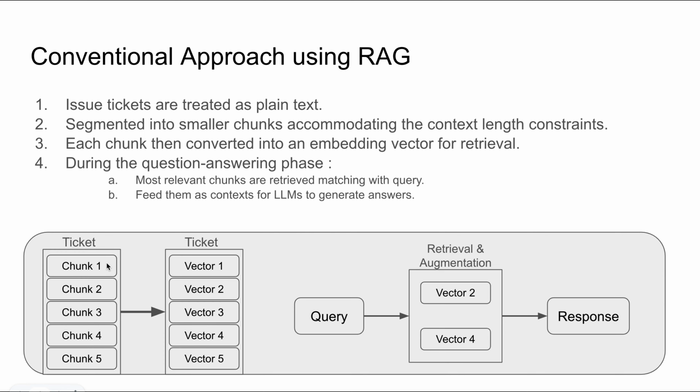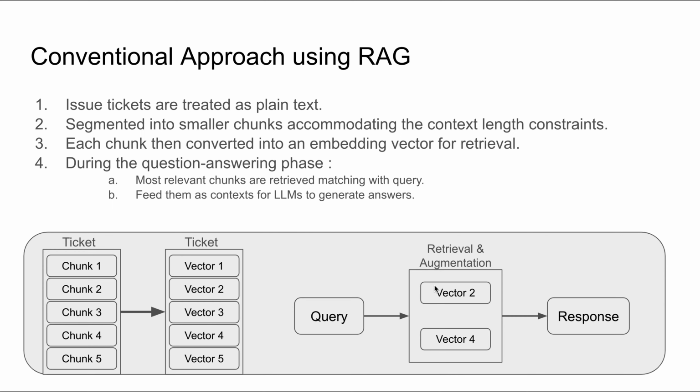We are bifurcating the ticket into multiple chunks, and those chunks are converted to vectors. So given any query by the user, this query will first be converted into an embedding vector itself. Now this embedding vector is matched with the entire vector space in the vector database, and let's say we found out that vector 2 and vector 4 are most similar to this query. Now those are retrieved from this particular vector database,